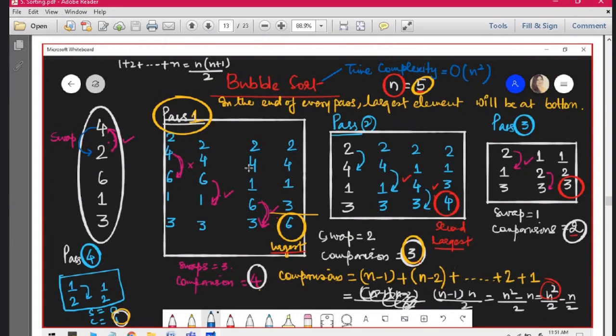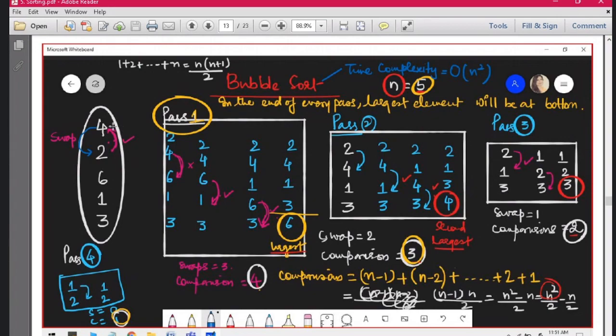here, in this case, I have put a tick mark for the number of swaps. So you can see that there was one swap here, second swap here, and third swap here. Don't count it initially, just first of all focus on the passes and then count the number of comparisons and swaps later on after you have finished the passes. Okay, so you can see in pass 1, study this, the number of swaps, see the number of ticks here, 1, 2, and 3. So the number of swaps were 3, and the number of comparisons,